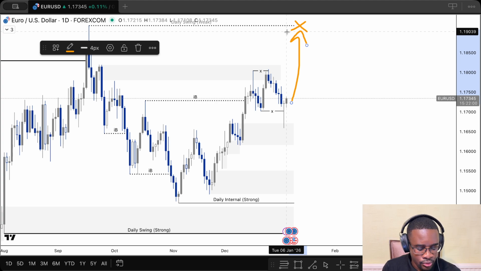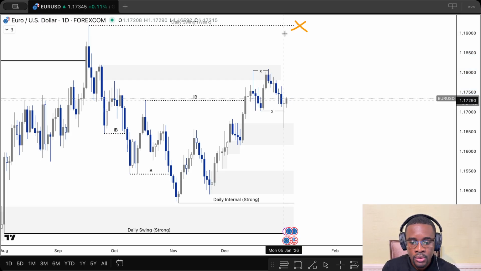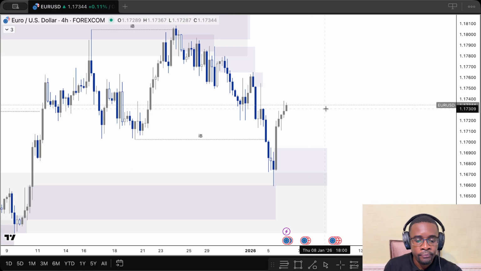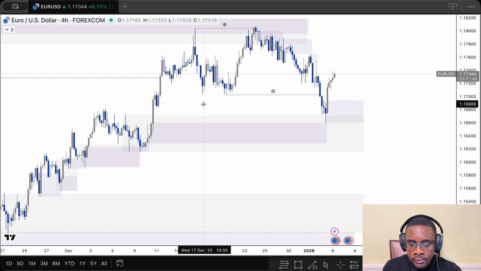So for the Euro USD, all systems are bullish. Daily is bullish, daily swing is bullish, daily internal is bullish. So longs are high probability. Okay, longs are high probability. And then